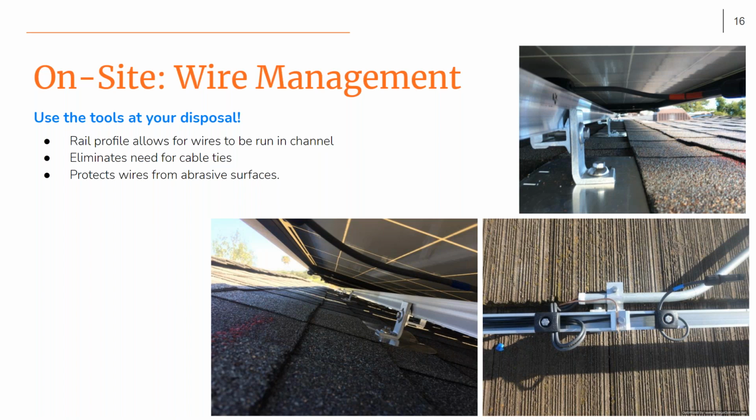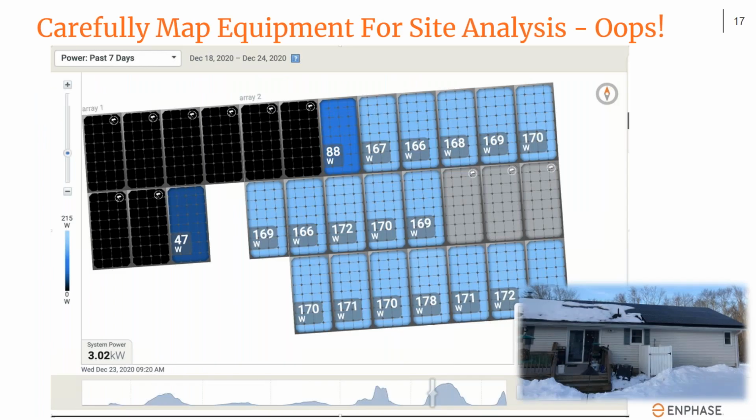Yep, good stuff. So this takes us to the point in the process where we've done the racking, we've done wire management. We may even be at the point where we've started to lay some glass. At this point it's going to be more of the electrical work, and specifically the next step we'll talk through is something as silly or obvious as an MLP module map, and how critical that can be to operations down the road.